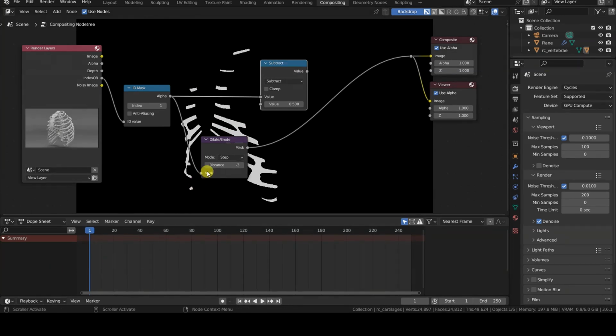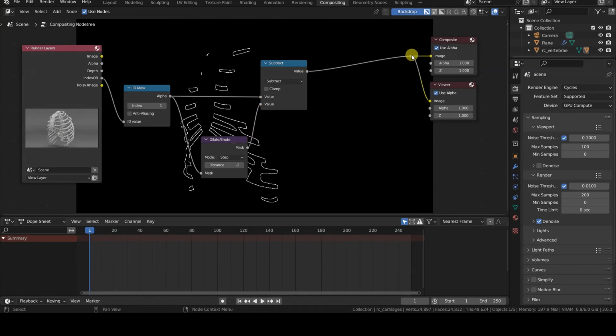In the Dilate/Erode node, set a negative value for the distance field, such as -1 or -2. Next, connect the mask output to the second value input of the Math Subtract node. Then connect the output of Math Subtract to the Reroute node to preview the result we've achieved so far.